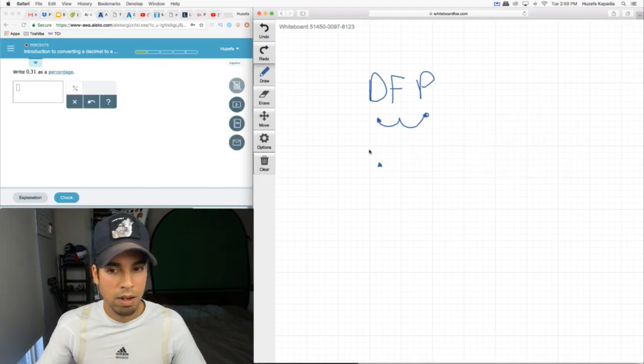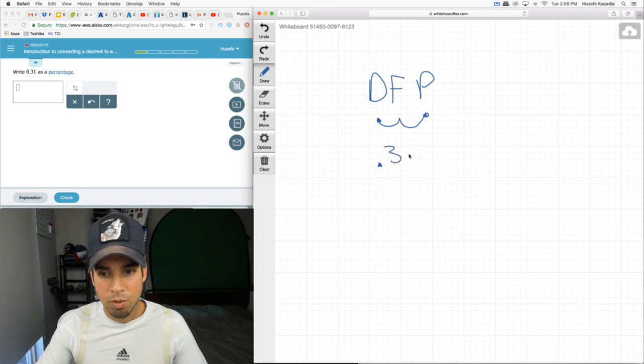All right, see, it's slowing down. So we gotta be careful here. So we got 0.31. Again, convert to a percentage. So the decimal point goes once to the F and then to the P, which means 0.31 equals